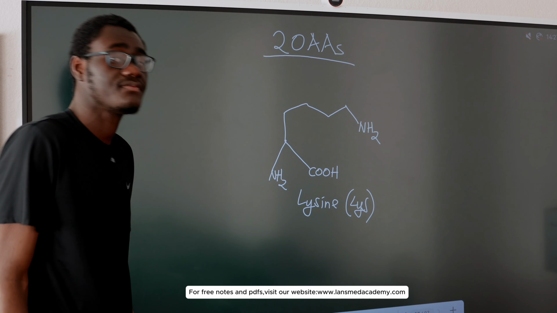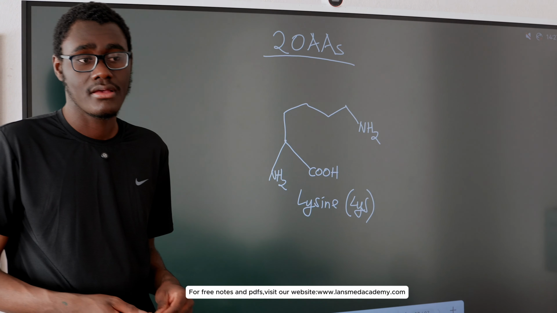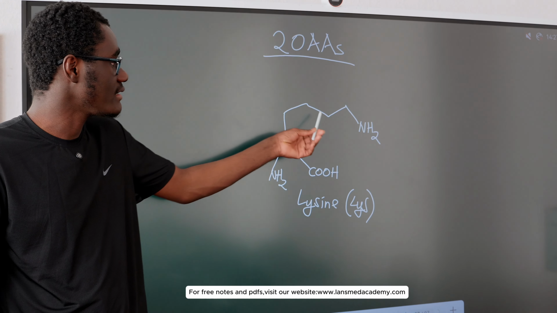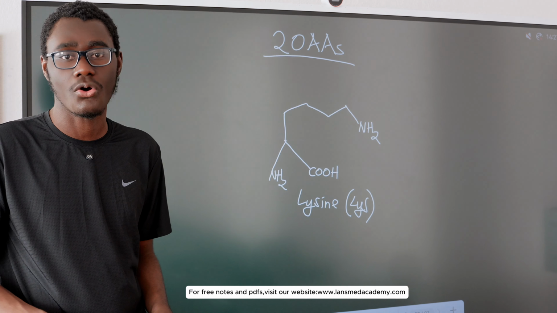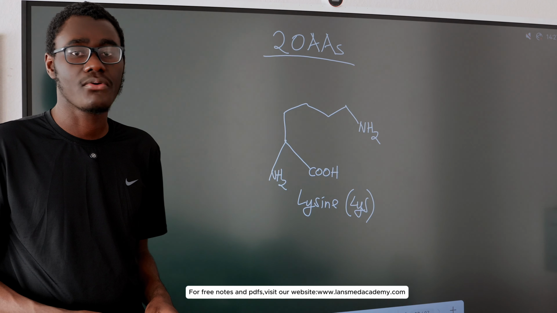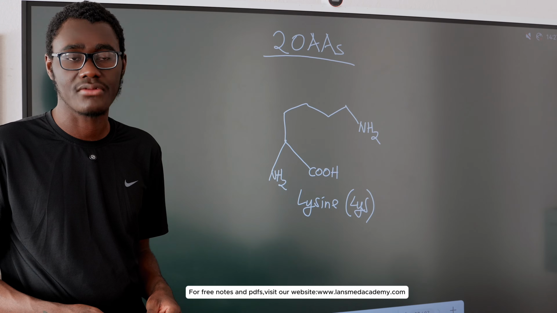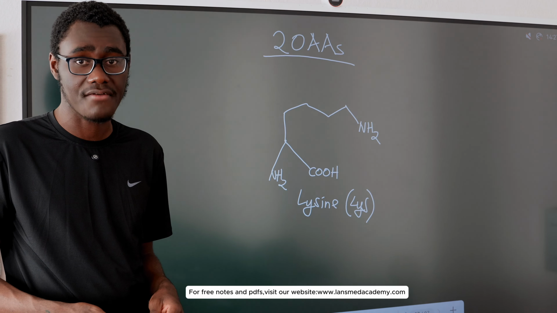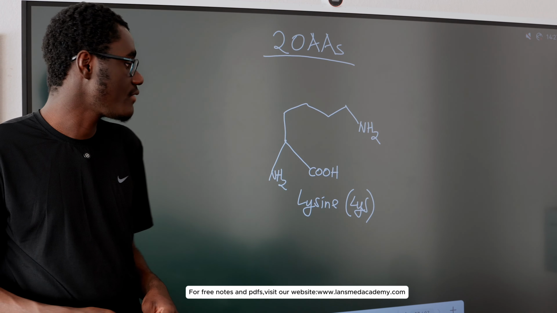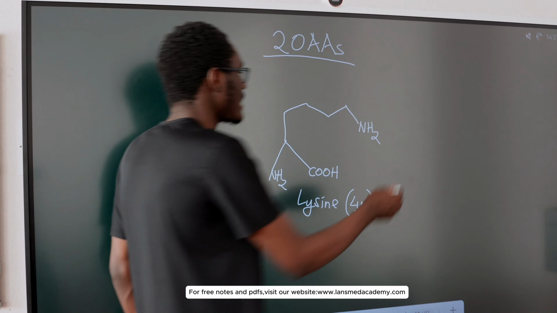LYS. It's very important to note that if you miss a carbon here, it becomes ornithine. That's why it's very important when you draw structures in chemistry to be careful about the number of carbons or atoms that you have of each element. For example, if you draw lysine as this,